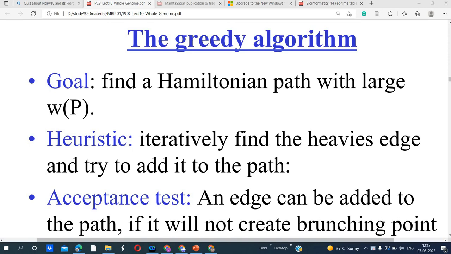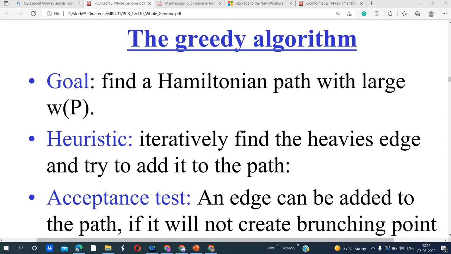Because in genome sequencing, for a larger genome, we cut the genome into multiple fragments. Then we sequence each fragment one by one. Then these fragments are assembled together.